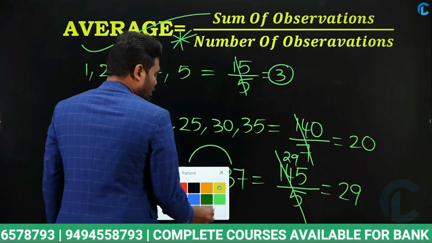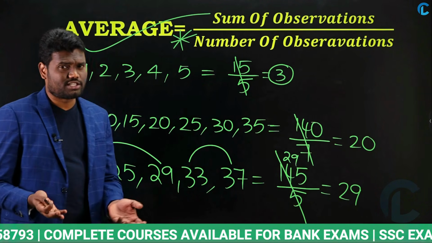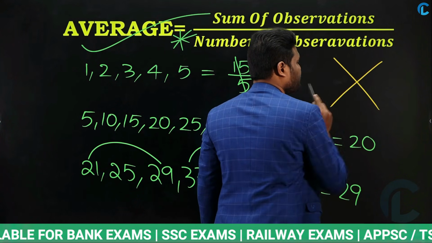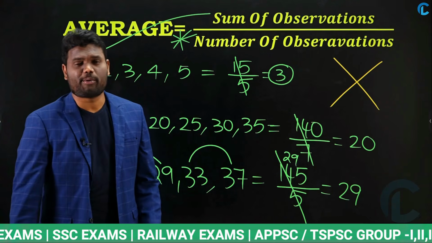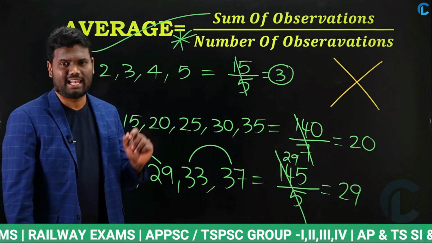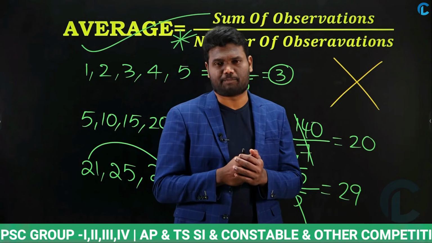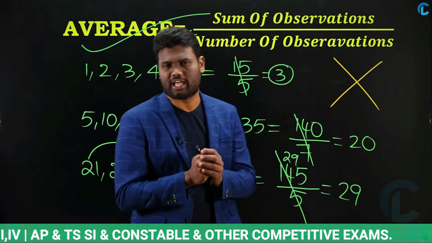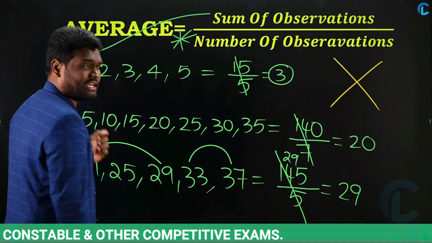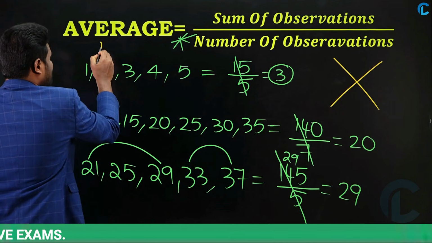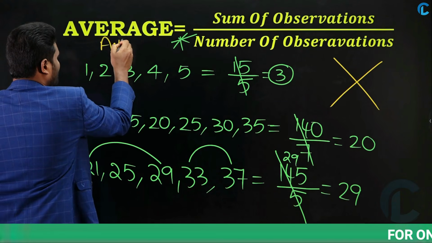But truly speaking, do we need to do all these calculations to calculate the average? If you ask this question, it is no. Why? Because from an examination point of view, you can't do all this calculation. Then how to calculate the average much faster? It's very simple. Observe here carefully. If the given series is in arithmetic progression,